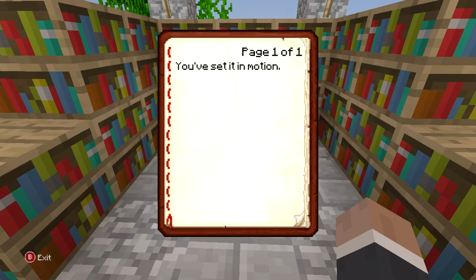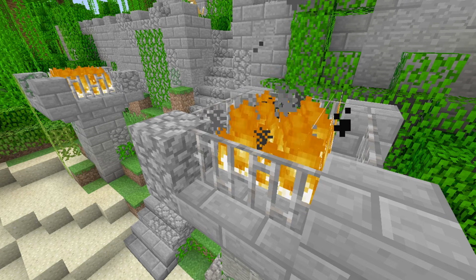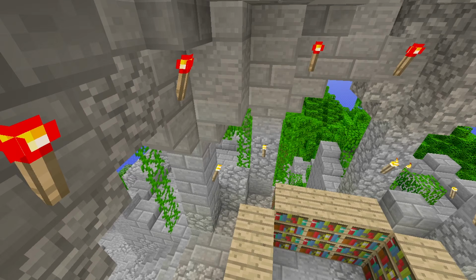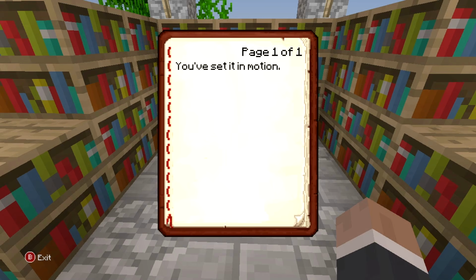This is not fair. This isn't even a book. What does that even mean? What? You've set it in motion. Is it something to do with this monument? Oh my. There's fire at the base. There's lava underneath. There's mossy cobble underneath as well. Redstone torches, and a gold block ring. Oh, I just made a giant...